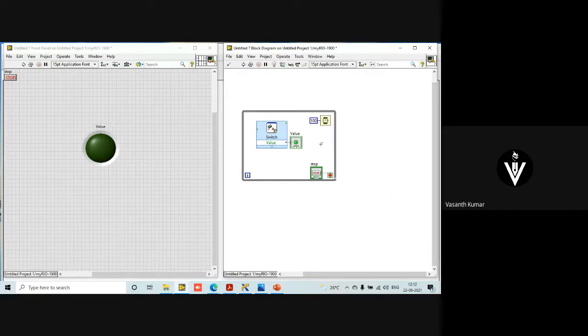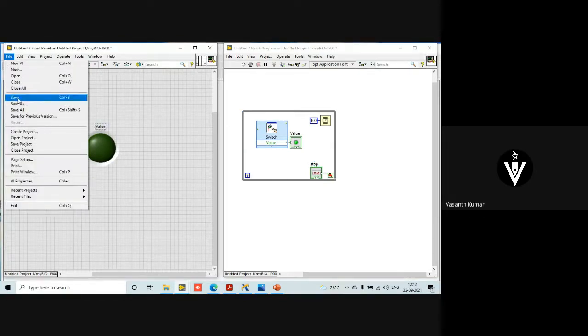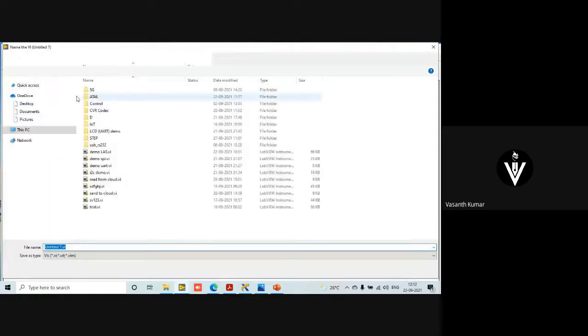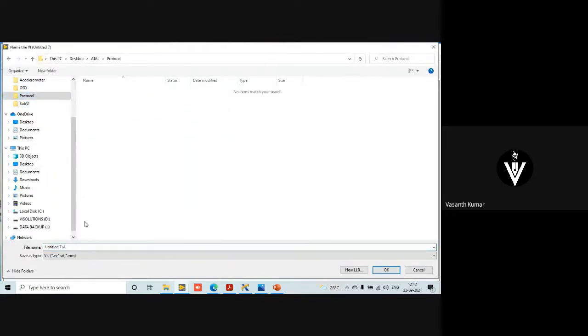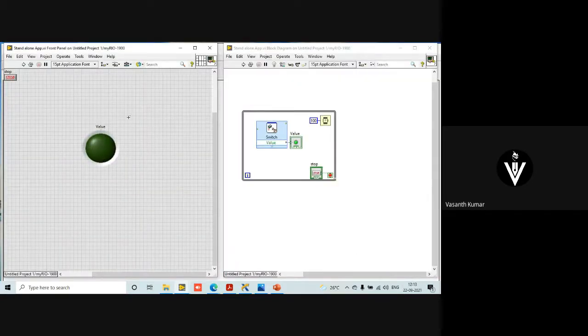So I'm going to execute only once in 100 milliseconds, which is sufficient for my application. Finishing this, I'm going to save it and name it standalone application, for example.